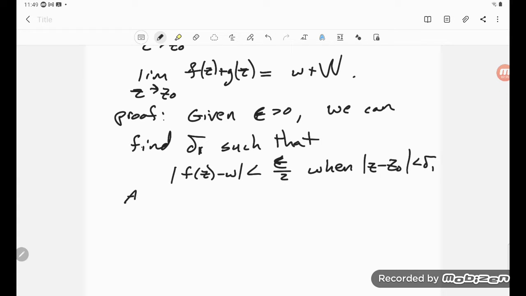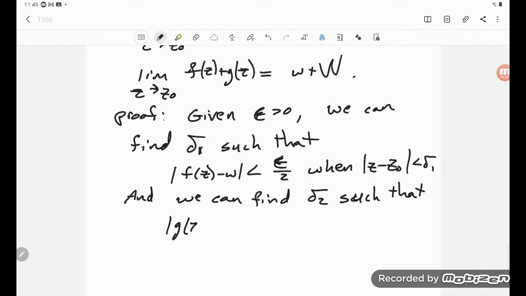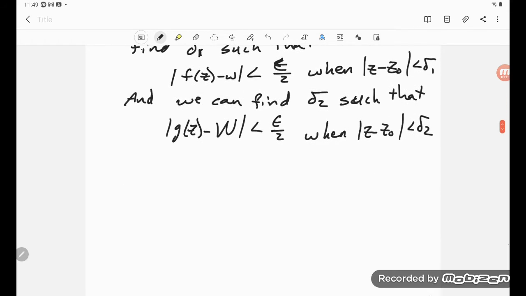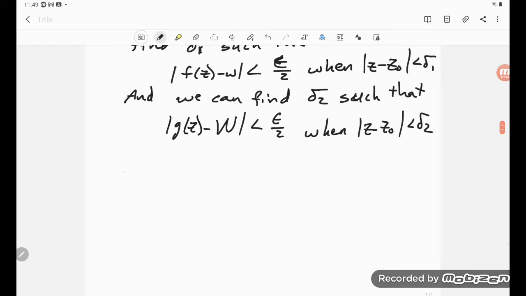And we can find a delta 2 such that, and so same sort of thing, but for g, such that the absolute value of g of z minus big W is less than epsilon over 2 when the absolute value of z minus z0 is less than delta 2. Okay, so now if you take